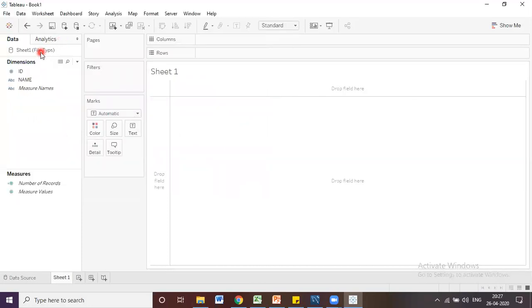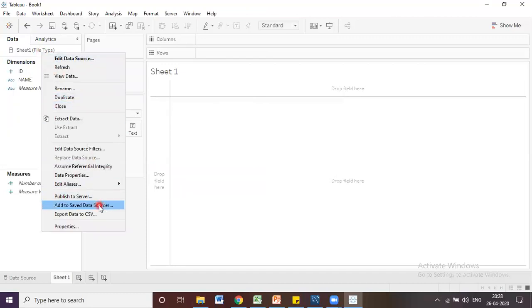Again, as I just told you, if we save the data sources in your data sources folder, then they will be available under Tableau saved data sources. If we save in other folders, they won't be available. Now we'll see that also.